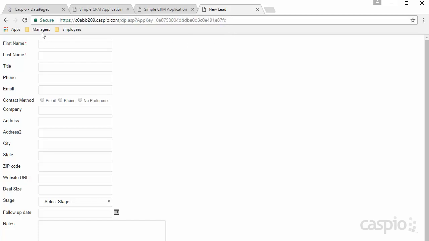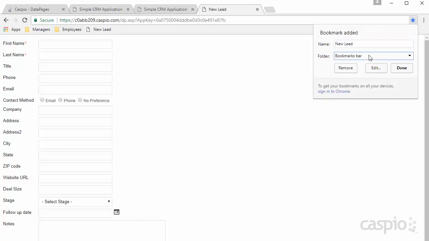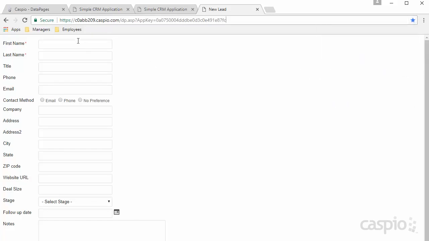Now I have created 2 different folders in my bookmark menu, and if I bookmark the link, I want to actually save this inside my employee folder. Hit done. And once again, if you click on the employee folder, you're going to be able to find that bookmarked link. So the difference is you still have access to this functionality using the direct URL link,